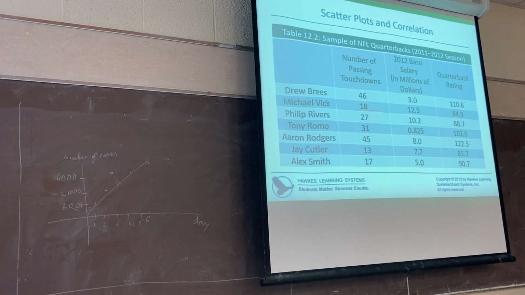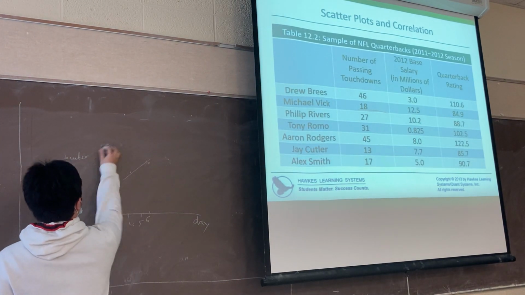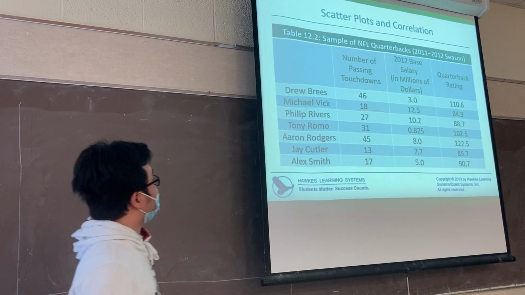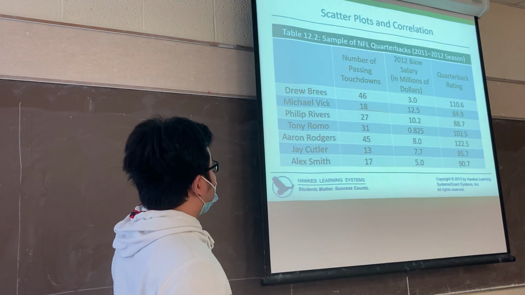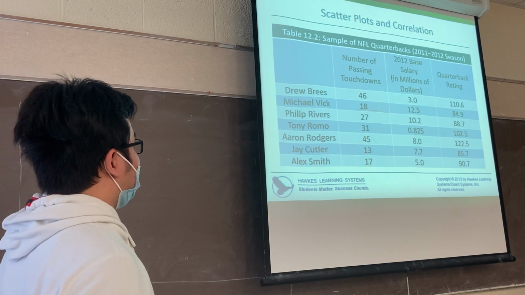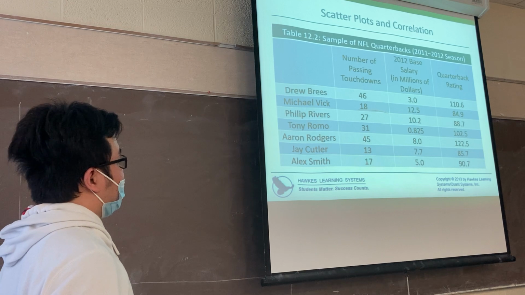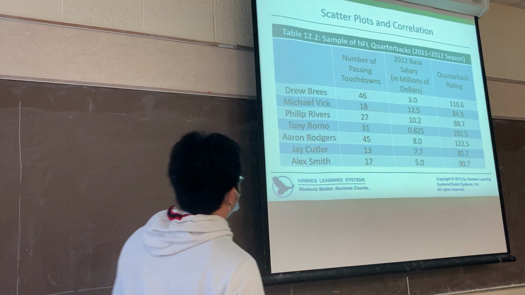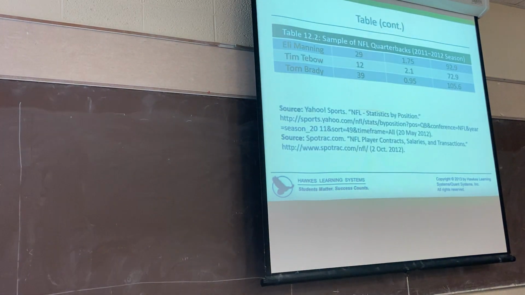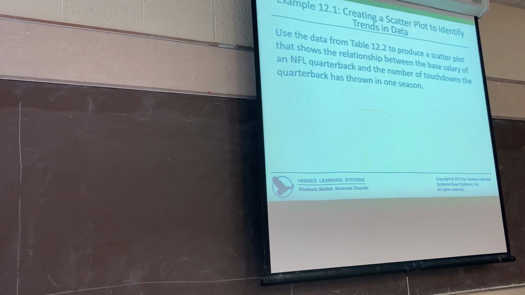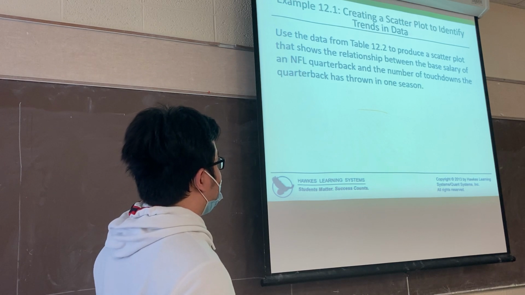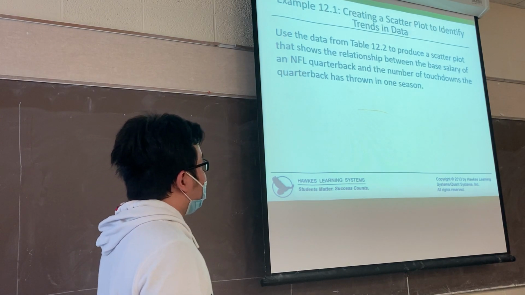Okay. So I will give you some examples to draw the picture, to practice how to plot data in the graph. I will consider table 2, a sample of Packers players. And we have the number of passing touchdowns here, salary here, and the rating here. And we have some people here. And this is the table. The question here is they ask us to use the data from this table to produce a scatter plot that shows the relationship between the base salary